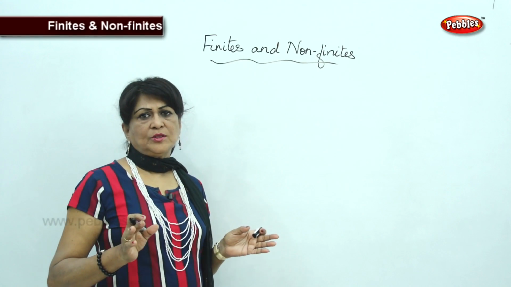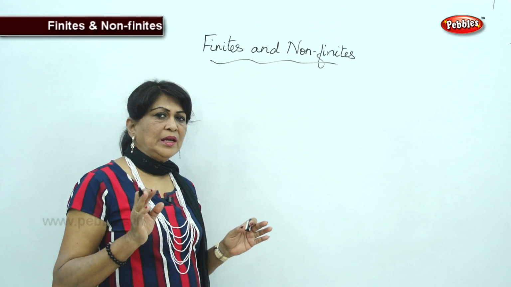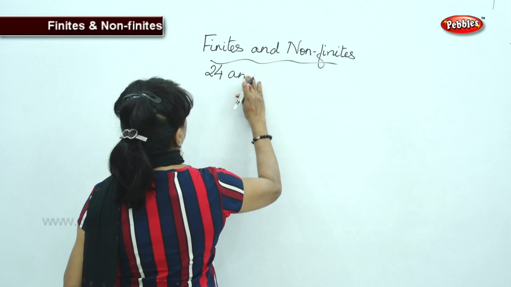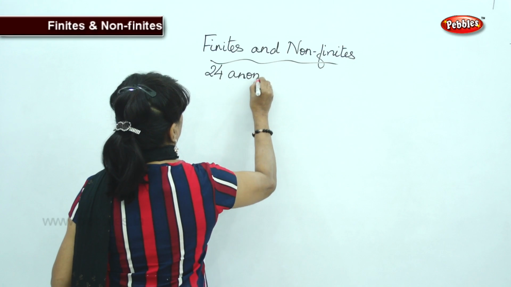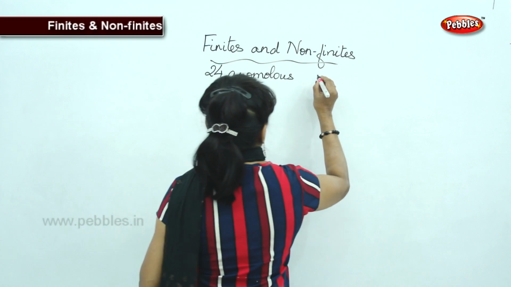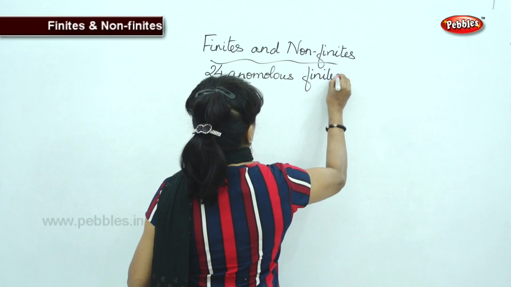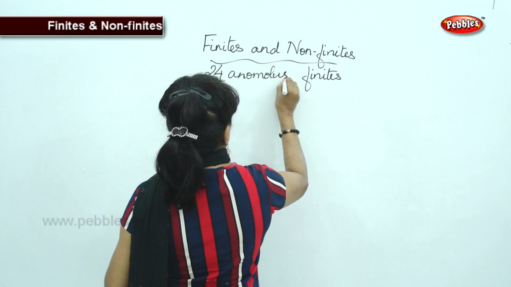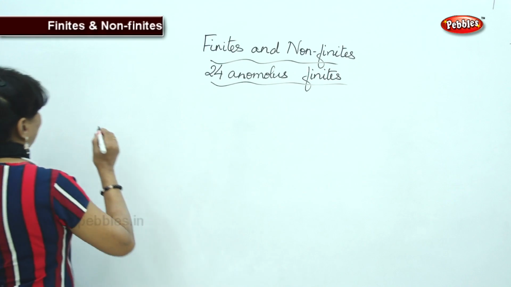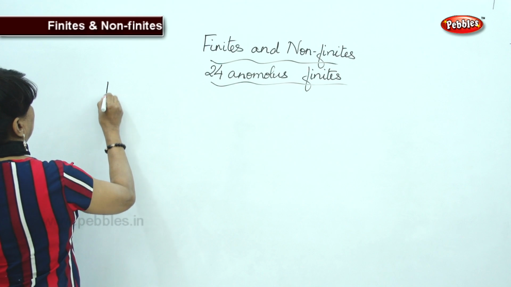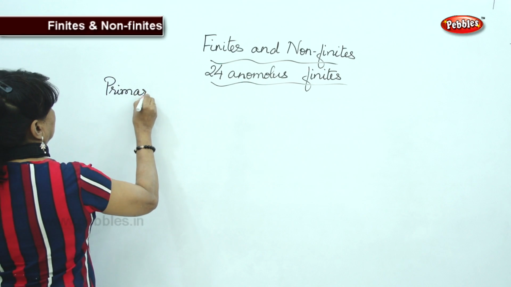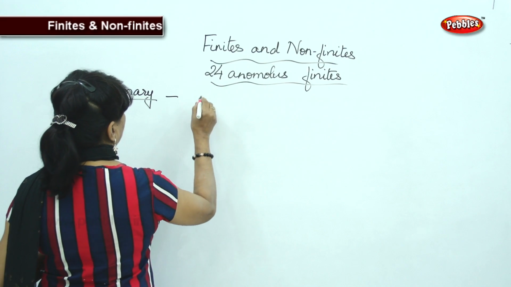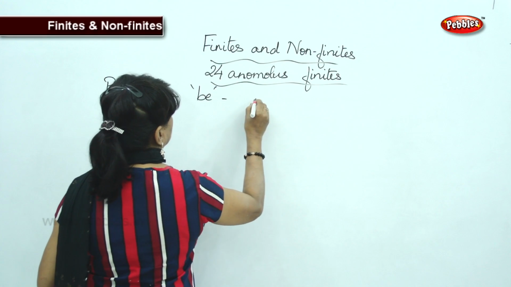Finites and non-finites altogether, they are of 24 anomalous finites, out of which the primary verbs... we are just going to see finites first. The primary verbs are the be forms of verbs, that is,